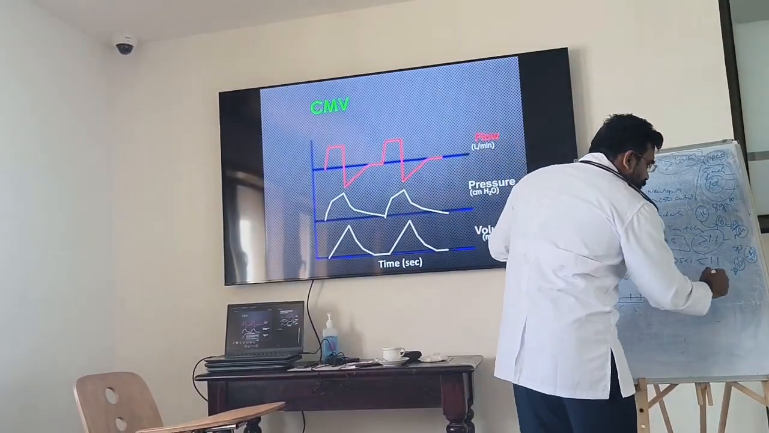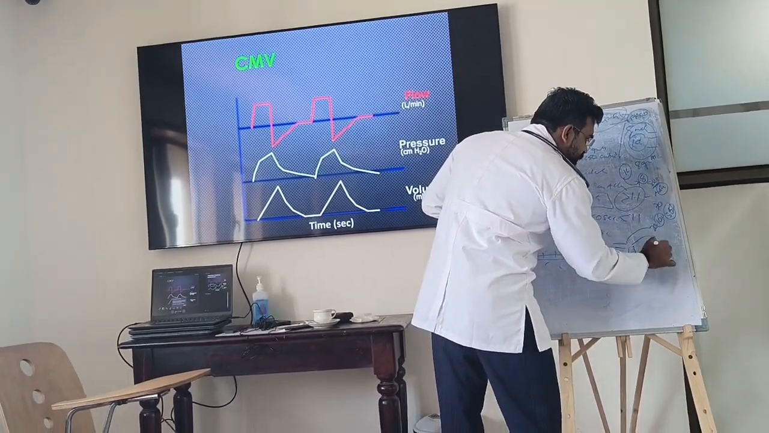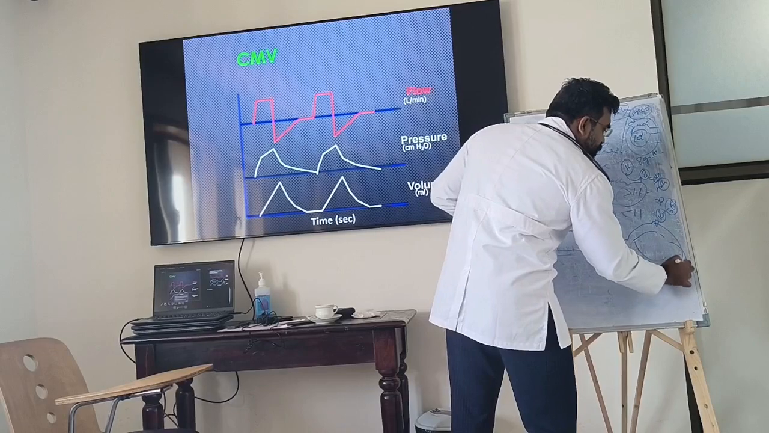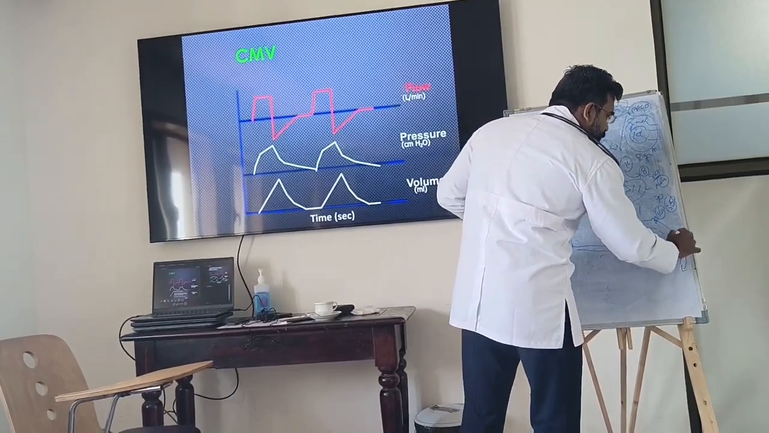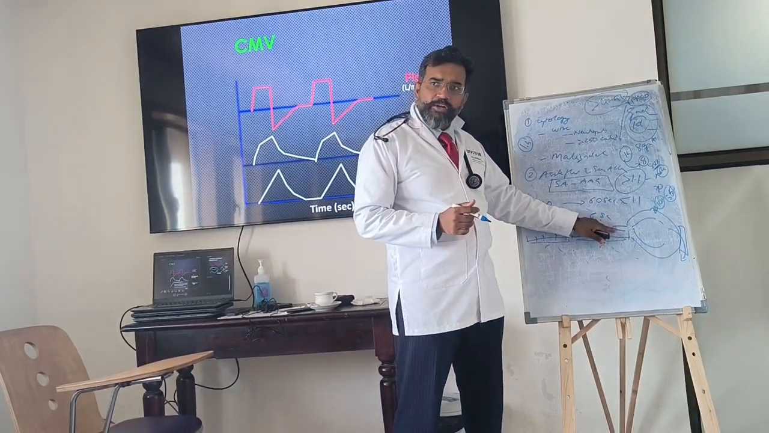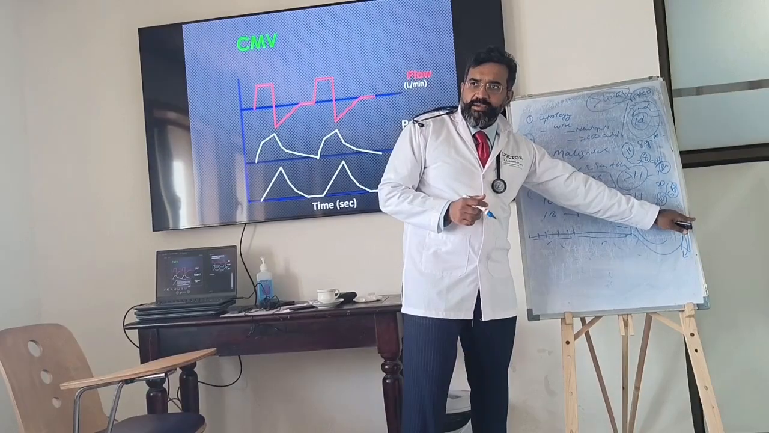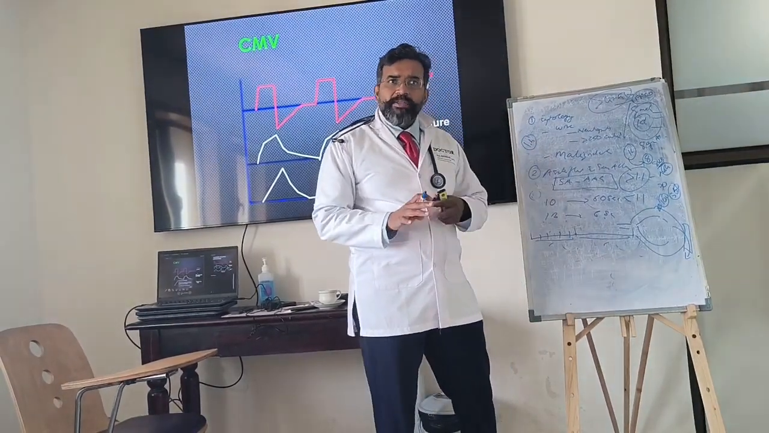So the ventilator is a circuit. Say this is the ventilator. This is the inspiratory limb. This is the expiratory limb. This is to the patient, and this is to the ventilator. This is the endotracheal tube, the inspiratory limb, the expiratory limb, and that is the ventilator. See, it is like this. Okay? What happens on the ventilator